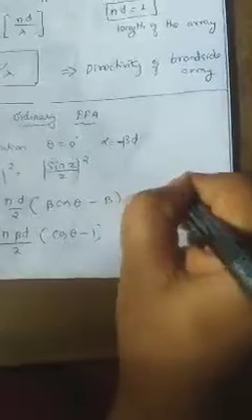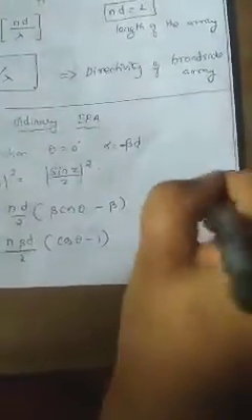Then going to the next, this is the directivity of the ordinary end-fire array, that is, the normal end-fire array. The maximum radiation is at theta equal to 0. The radiation pattern for the normal end-fire array is along 0 and 180 degrees. So theta is equal to 0 and alpha is equal to minus beta d. Substituting these, z is equal to n d by 2 times beta cos theta minus beta.